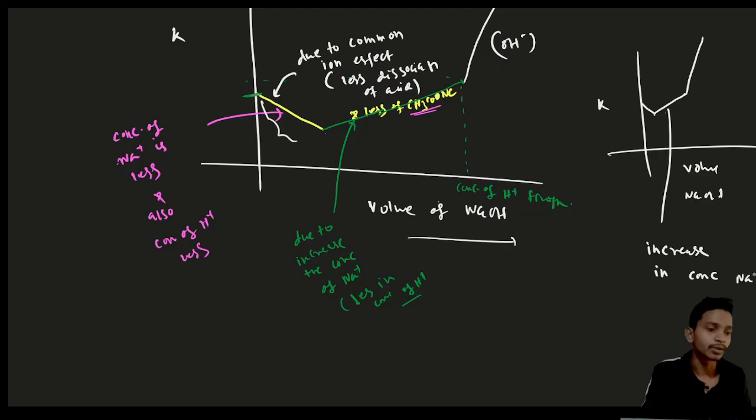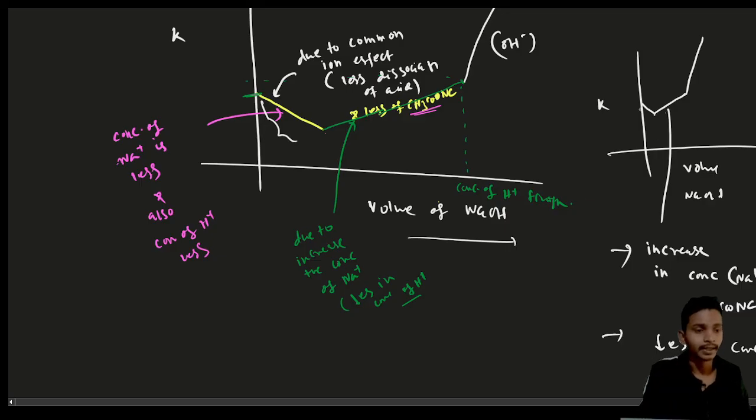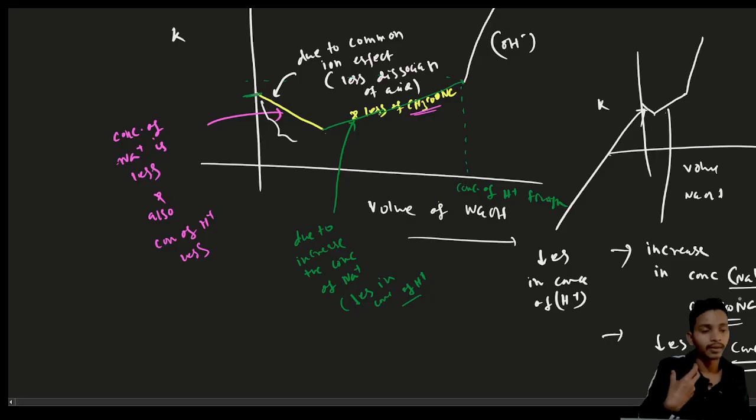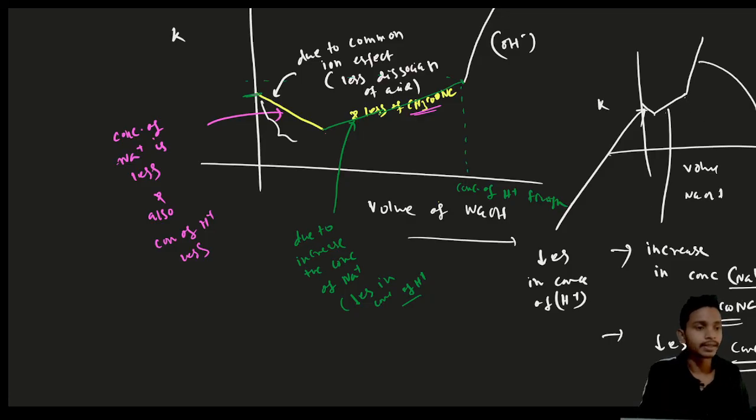in concentration of Na plus, or you can say an increase in the concentration of CH3COONa, and a decrease in the concentration of H plus, because H plus continuously decreases, and this graph has come due to the decrease in concentration of H plus. So here also the H plus concentration decreases, but there is an increase in the concentration of CH3COONa. This is a strong electrolyte. So this graph has come, and this graph is due to increase of